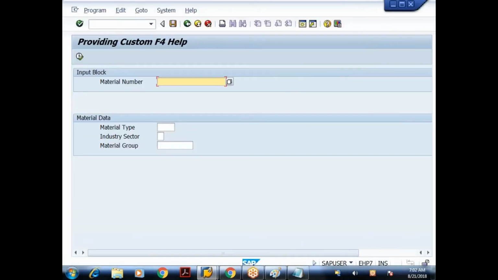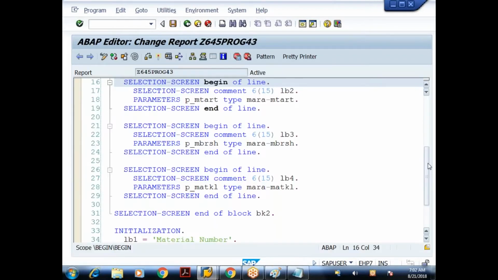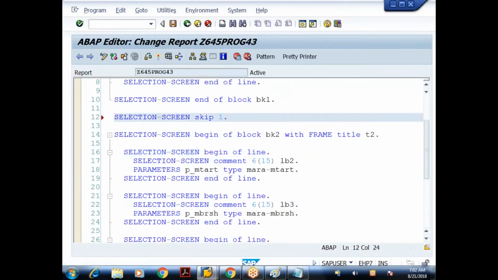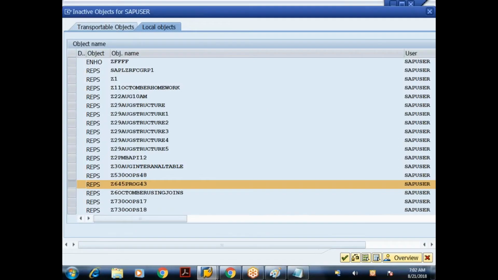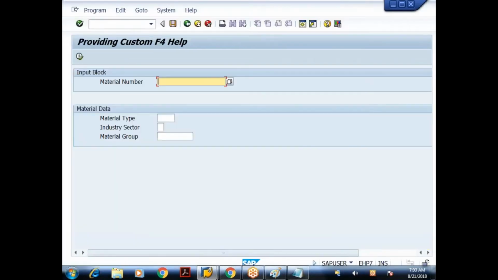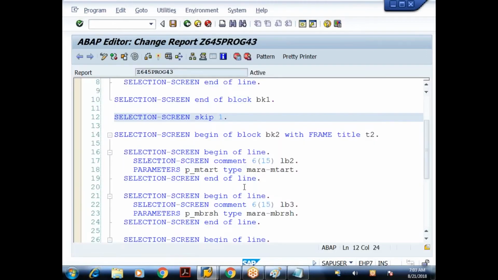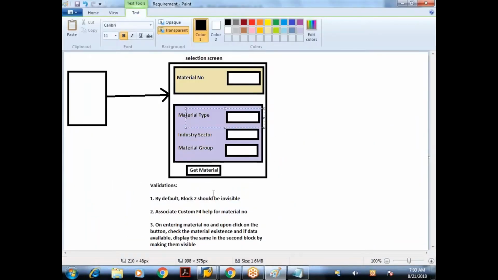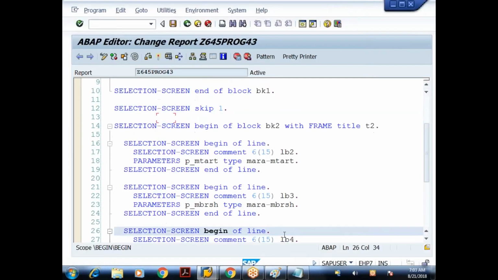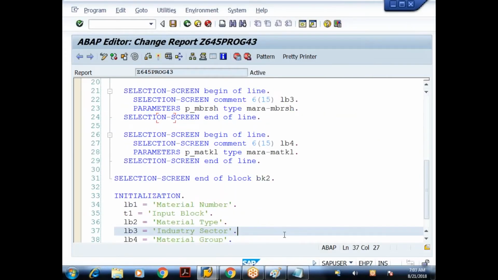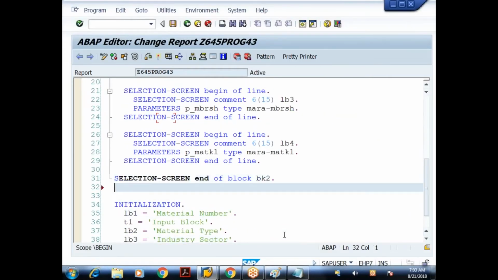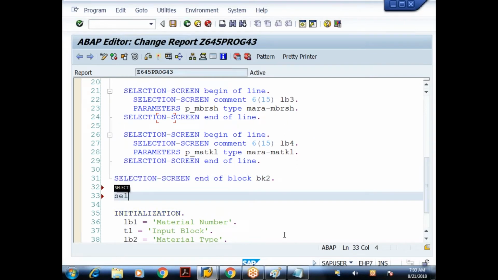Then I got the third block also. Okay, so let me skip only one line here. Then I got the second block. Okay, this is material type, industry sector, and material group. Done. Now I require one button also. Somewhere here I want one button. So after this block, somewhere here I'll say selection screen,